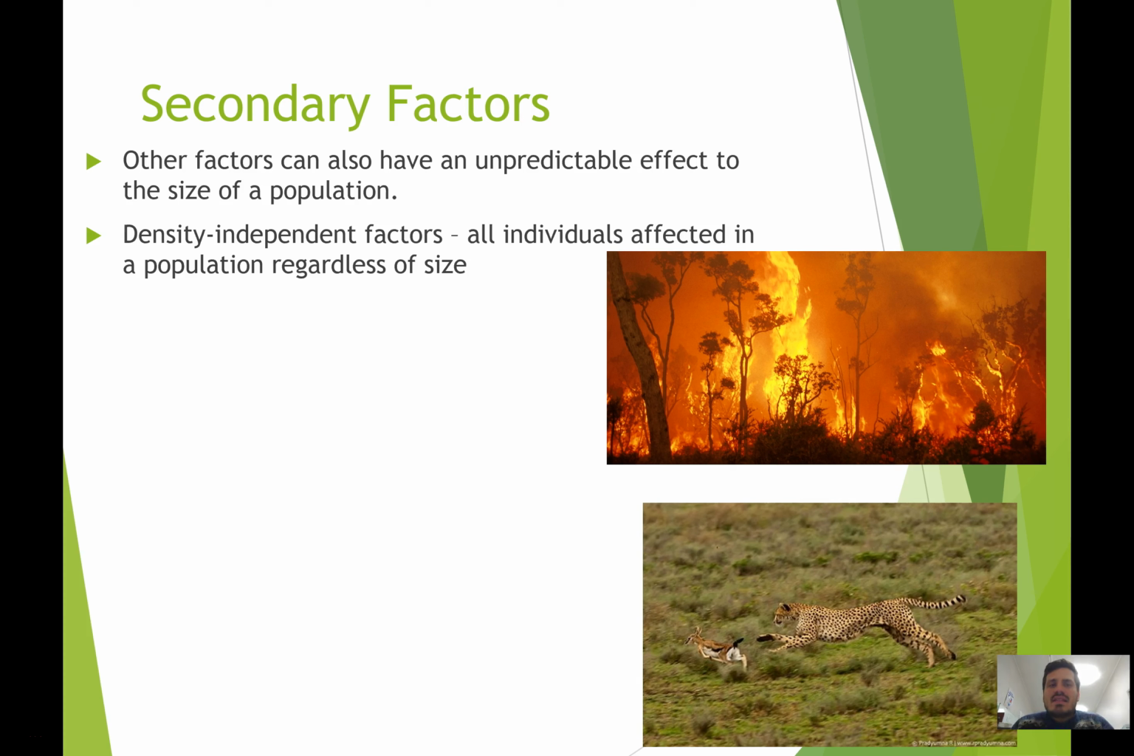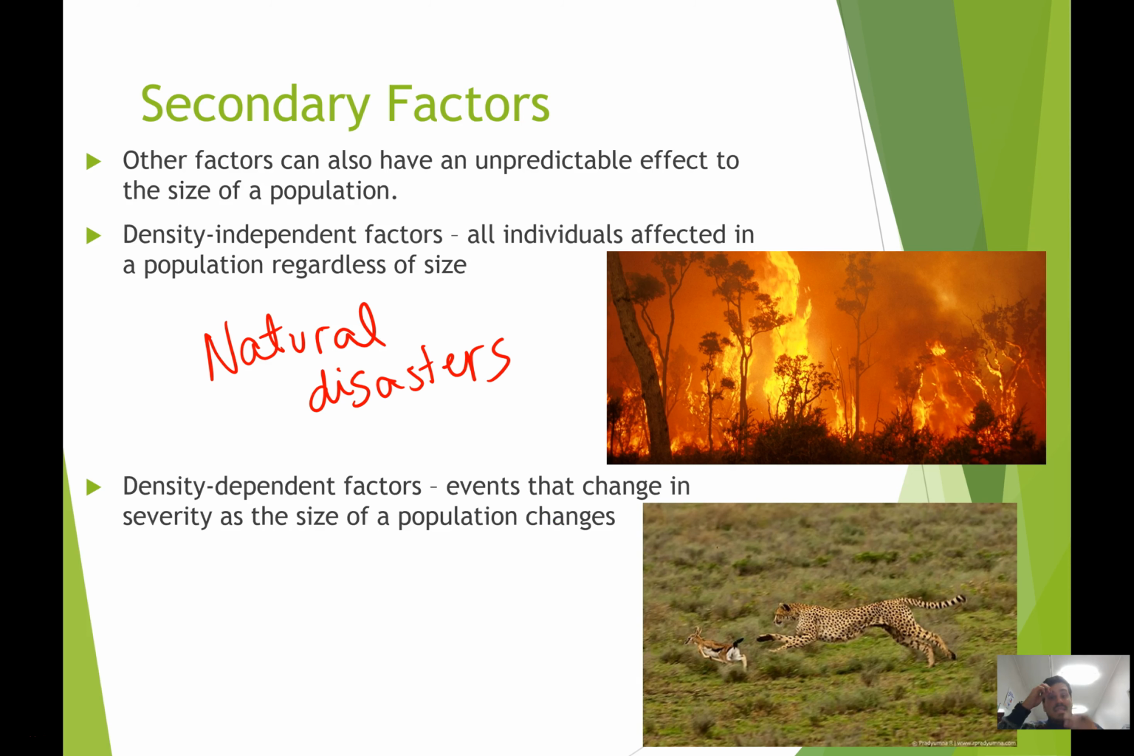A good example of this is natural disasters, like a bushfire. Global warming, probably one of the best density-independent factors. If there's a bushfire in a state forest, for example, all of the individuals, regardless of who they are, are going to be affected. And then we have density-dependent factors, where the change of this factor is going to change